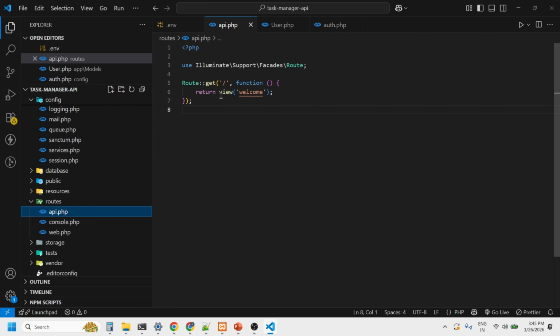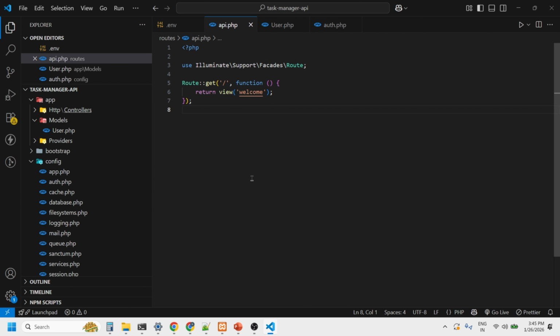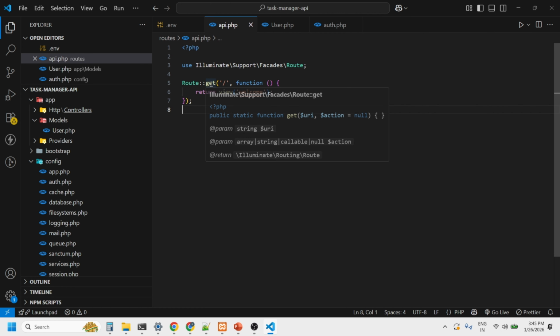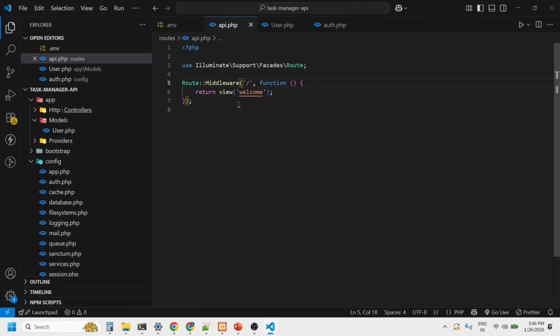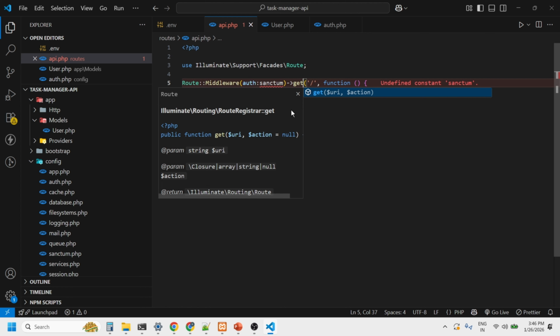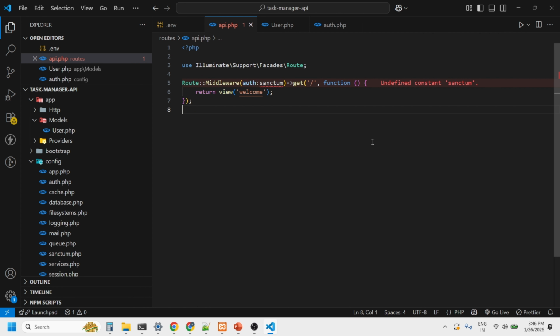Okay, so we need to add the Sanctum middleware. Inside this middleware we need to say auth:sanctum, and after this you can write this get method for the default controller. It will be in single quotes.